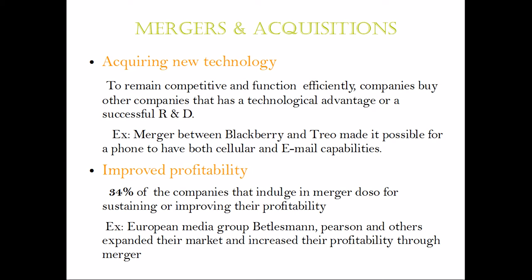This is called acquiring new technology, and it not only means that the new technology acquired by the purchasing company has to be reflected in its product directly. It could also mean finding easier ways to manufacture a product, or reducing the cost to manufacture a product, and so on and so forth. If the target company owns some patents or trademarks, the acquiring company will acquire the rights for those trademarks by acquiring the target company. So that's also acquiring new technology.